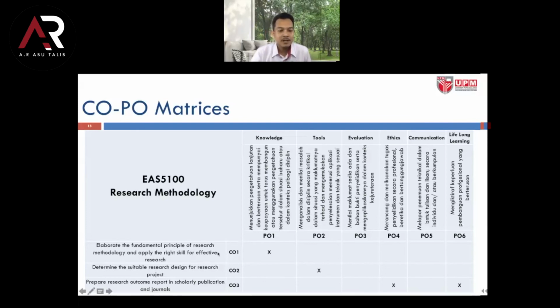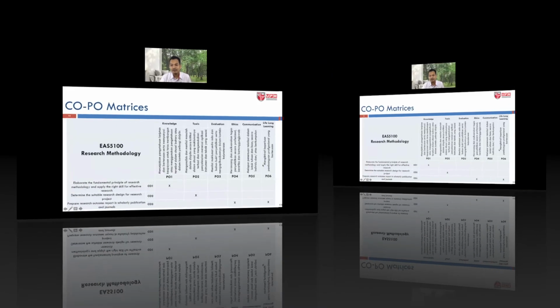So basically, all 3 course outcomes are mapped against the 6 program outcomes of the program. So PO number 1, number 2, number 4, and number 6, which is knowledge. Okay, tools, meaning that you're going to be introduced to research methodology tools from our best practice, and you're going to be able to use them, right? And then ethics, and at the same time lifelong learning. Okay, so